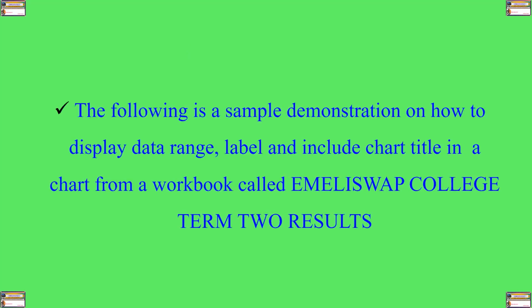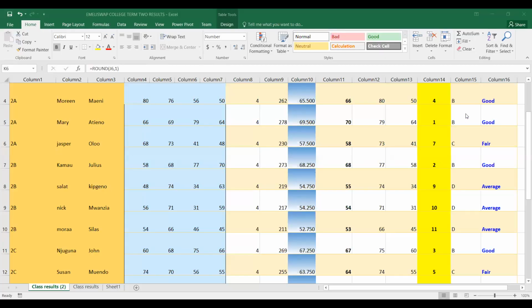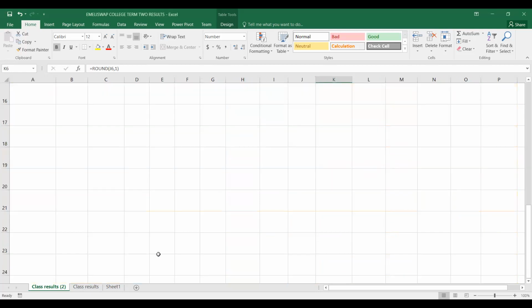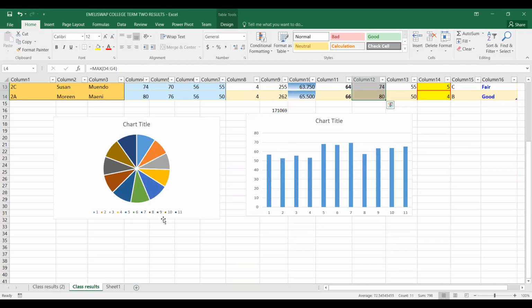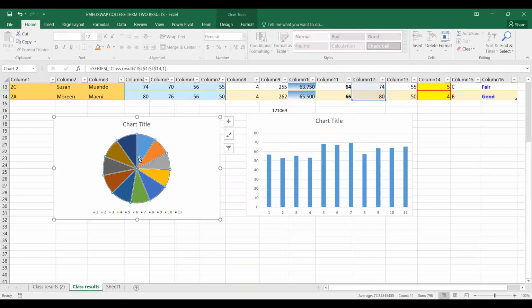The following is therefore a demonstration on how to display data range, labels, and include chart title in a chart from a workbook called Eveliswap College Term 2 results. So if, for example, we look at this graph chart, this one, if we were to make some changes, we were to see the data labels or the data sources